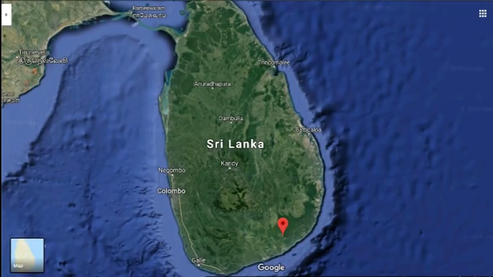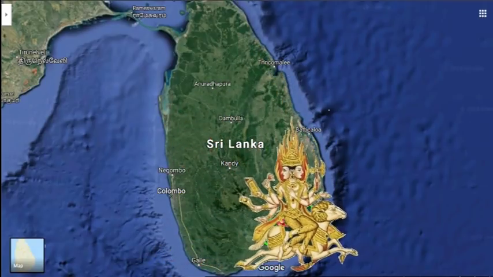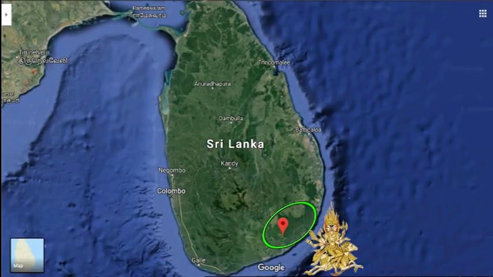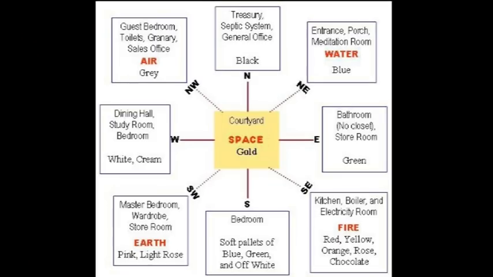This Kadirgamam region lies in the southeast direction of Lanka, and hence this is the direction of Agni, where Murugan, the Agni Devan, torched the farm forest. That is how the southeast corner is called Agni Moola. As this is the direction where Agni was used to grow food crops for the first time in history, this direction was symbolically used for the location of the kitchen where we cook food.